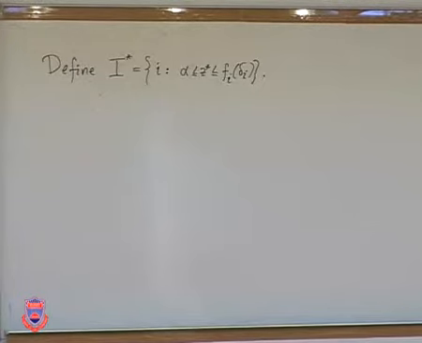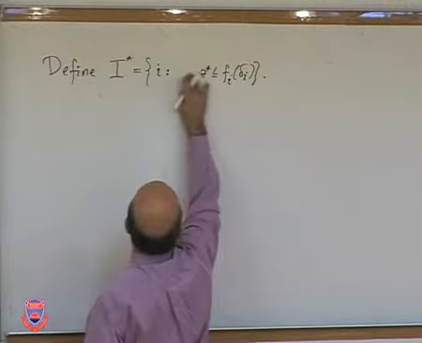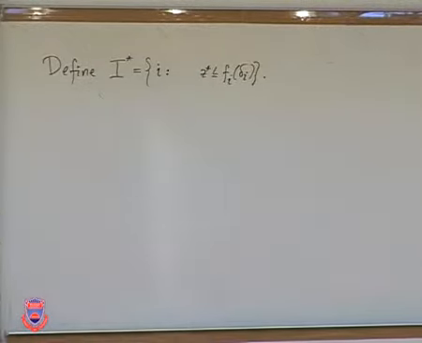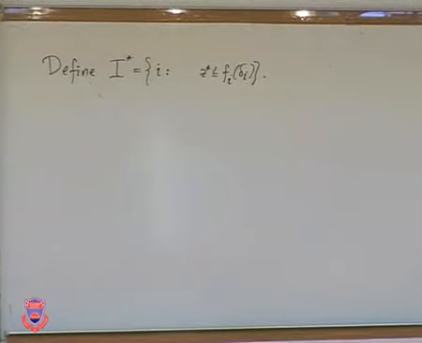Let me just check if this is really needed. Well, this part is really not needed because that's automatically satisfied. You can just do it this way. Okay, so with this,